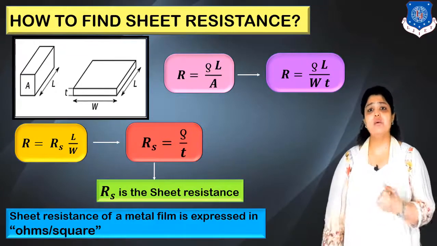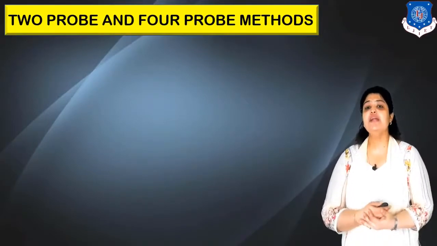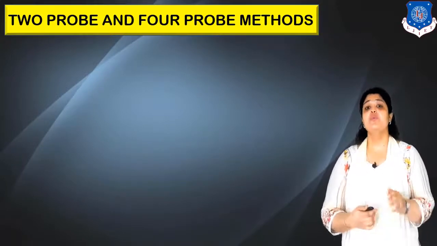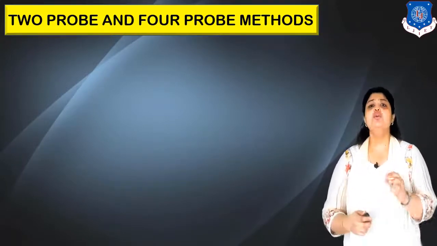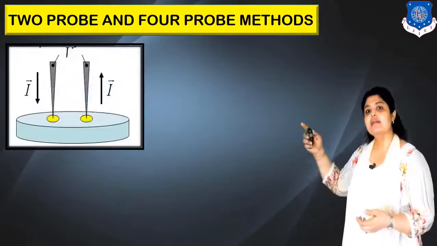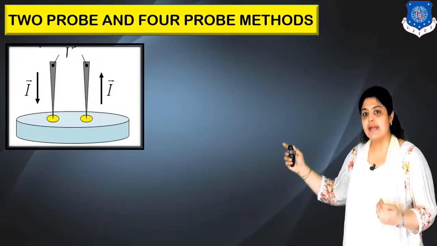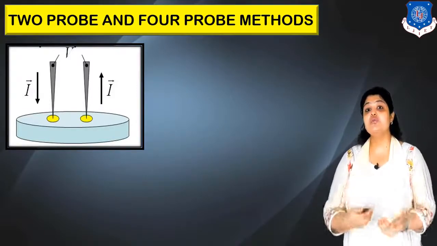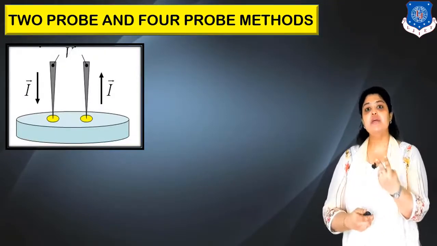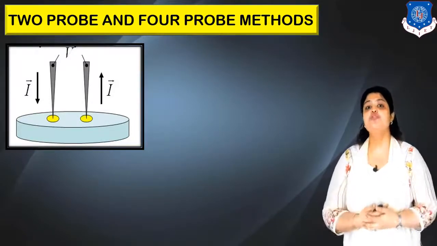Now, before moving ahead, let us discuss what basically is the difference between 2-probe and 4-probe methods, because in this video we are going to discuss 4-probe method. We should know the basic difference between the two. For 2-probe method, I will give you an example of a multimeter. Let's see with the help of a diagram what exactly is 2-probe method. In this diagram you can see two probes, or you can say two connectors. What happens while we use 2-probe method, we have a set of two cables. These are the two cables which are used to supply energy, and these are the two cables which will measure the value of voltage.